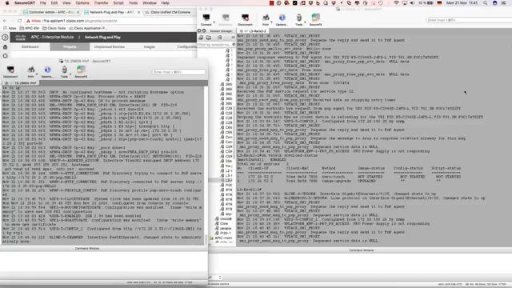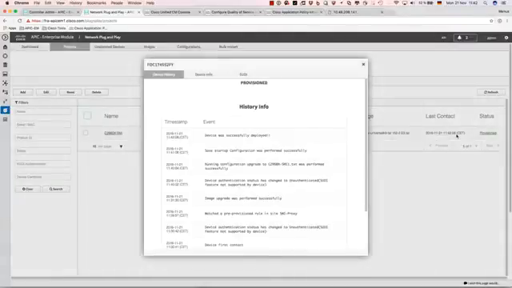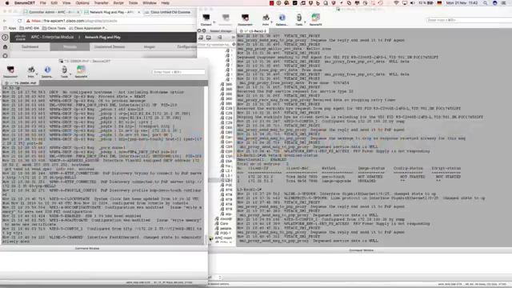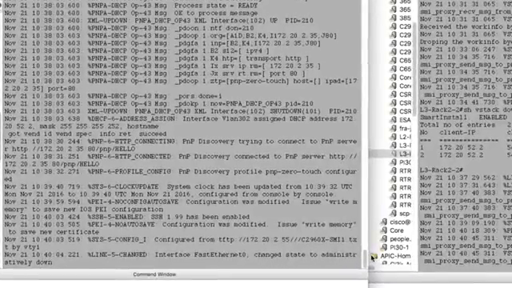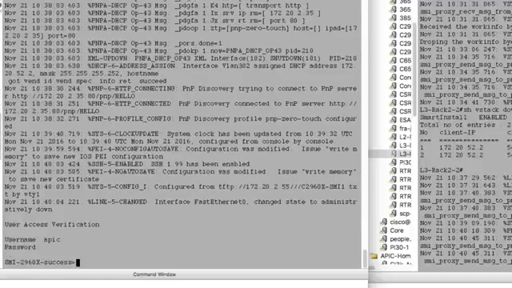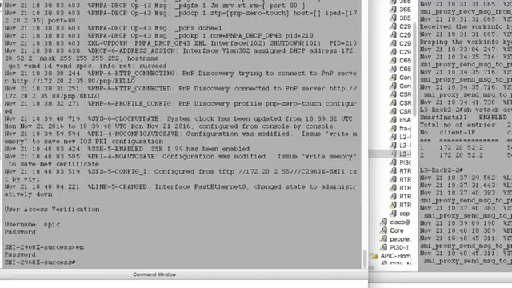And you can see we're going to deploy the configuration. After that, the switch has been configured entirely by plug and play. We changed the status to provisioned or successfully deployed. And if we then have a look at the configuration, you see it's requesting a username and password. It has the name SMI 2960X success. That's the way I pre-configured the device with my config template, and I'm done. So that was the demo of how a non-PnP capable iOS version of a switch can be